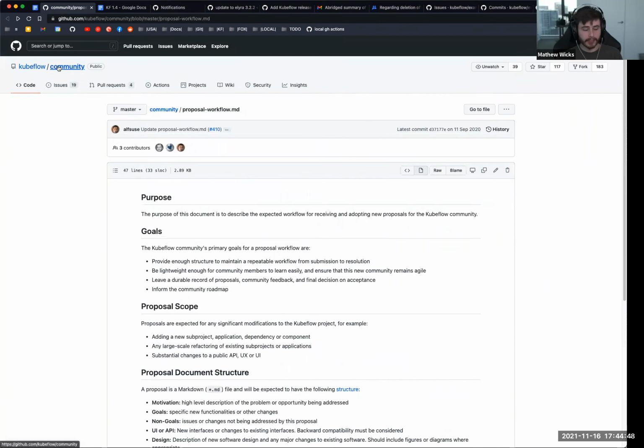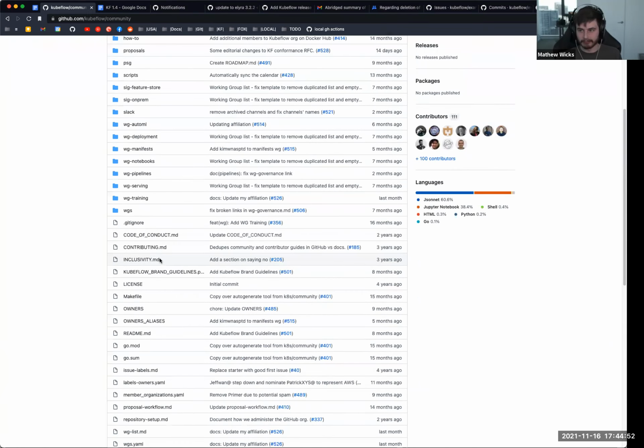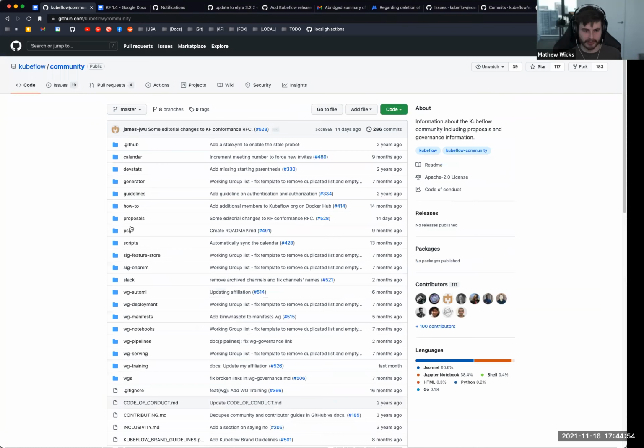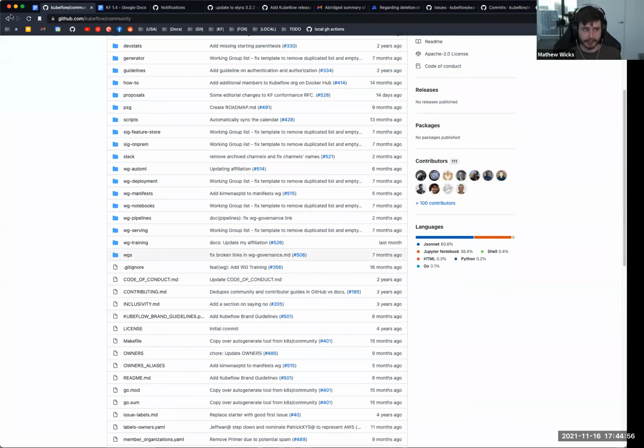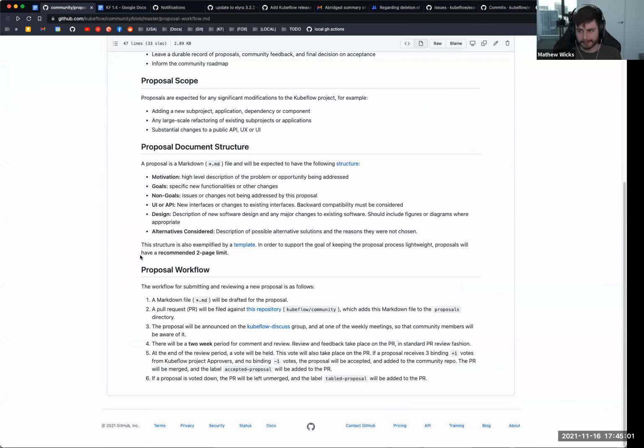Well, if we're not going to follow it, we should delete it from the repo, right? I really want this repo to be up to date for what the community is, right? It's pointless to have things that we're not going to follow. But I think this is something that we should strive to follow, because I think it's a good approach. But anyway, that's kind of the idea. I'm not sure what the next steps are here, but I think probably it's if you have a proposal.